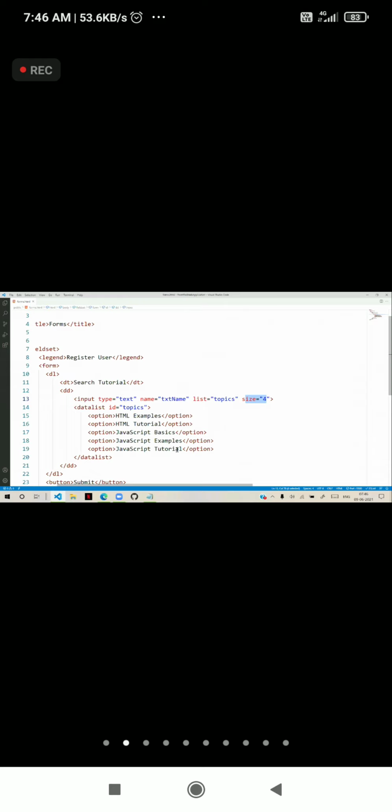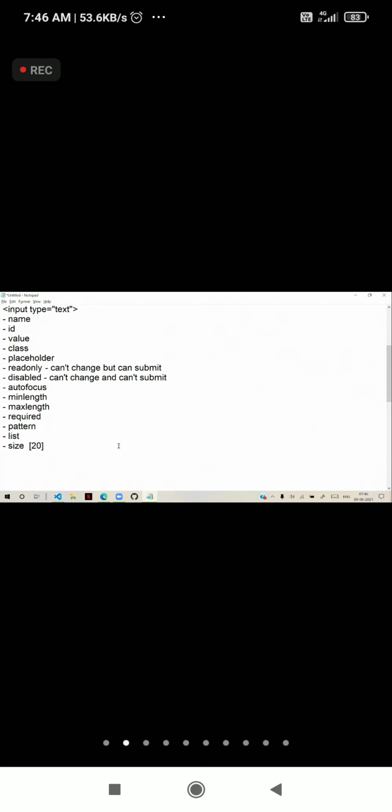These are all the attributes used for text. Similar attributes are used for other elements. So text has name, ID, value, class, placeholder, read only, disabled, autofocus, min length, max length, required, pattern, list, and size.